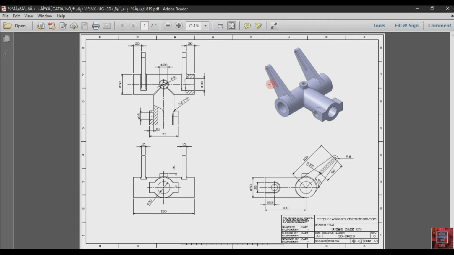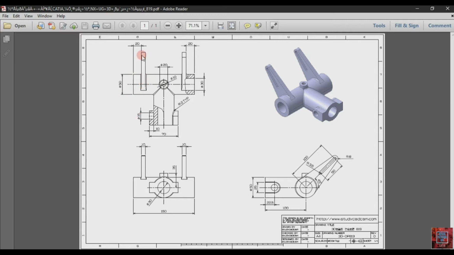So for that select here a plane at a distance of 75. From this point to this point it is total 75, and from this it is 20.